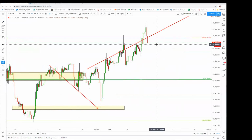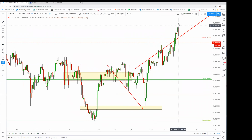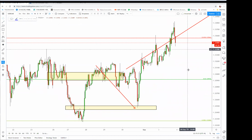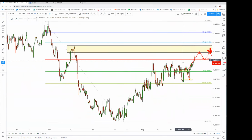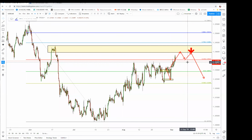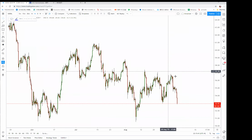Although the price is dropping, don't take a short, because the trend line is still there. See, this is still a bullish trend. Wait for the price to make a double top for you to catch shorting opportunities. And in the meantime, the oil is dropping, right? The oil is dropping, and